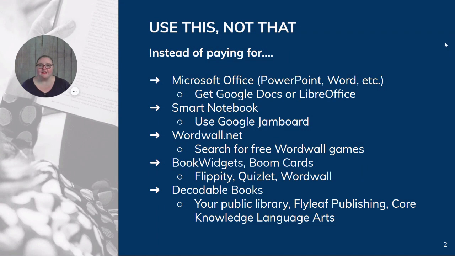They have some skills units that include some very high quality decodable readers. They're leveled by grade level. But the first grade one sort of corresponds with my Wharton Gillingham level 1. So closed syllables, some high frequency words,